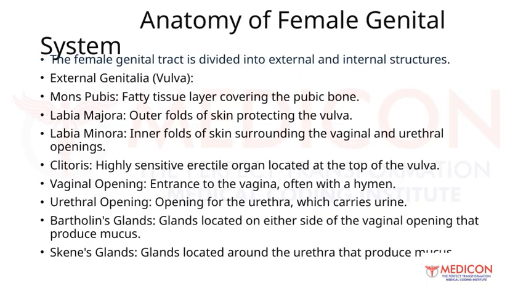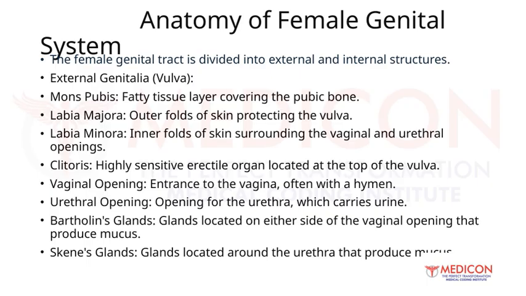On either side of the vaginal opening are the Bartholin's glands. These glands produce mucus that helps lubricate the vulva, especially during sexual activity. Similarly, Skene's glands are located around the urethra and also produce mucus, playing a role in lubrication and overall health of the area. Understanding these structures is fundamental as they work together not only for reproduction, but also for protection,